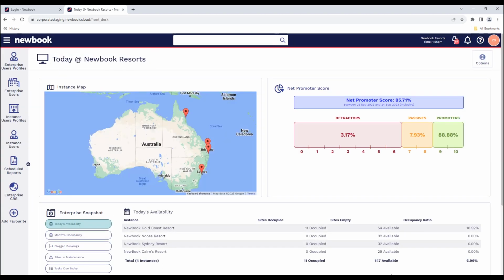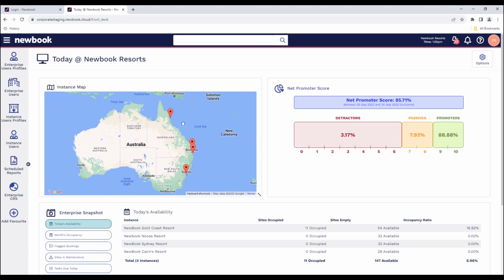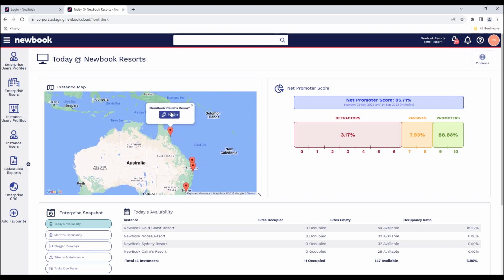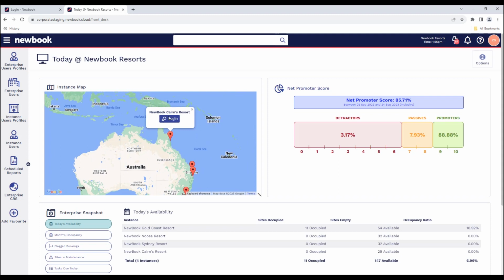This front desk dashboard is amazing as it does give us some really helpful information relating to our businesses. First of all, we can see a map which actually locates where all of our properties are situated. It is interactive in the sense that you can drag and drop this. You can also double click on a particular one and actually log in directly to that Newbook property management system